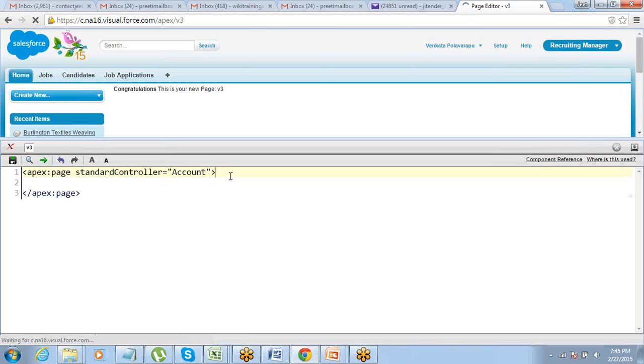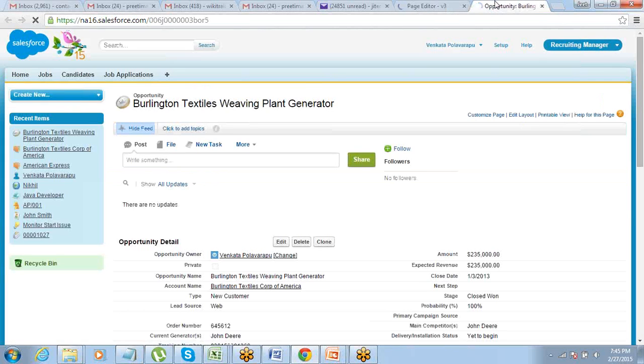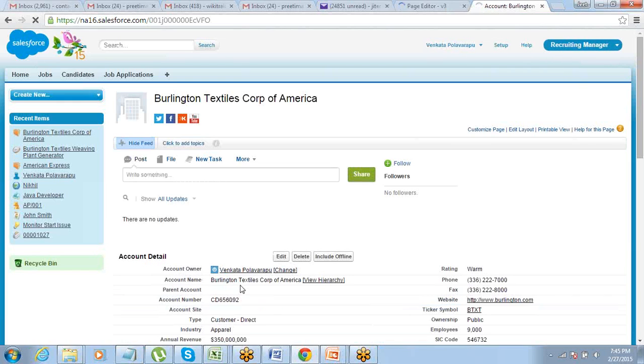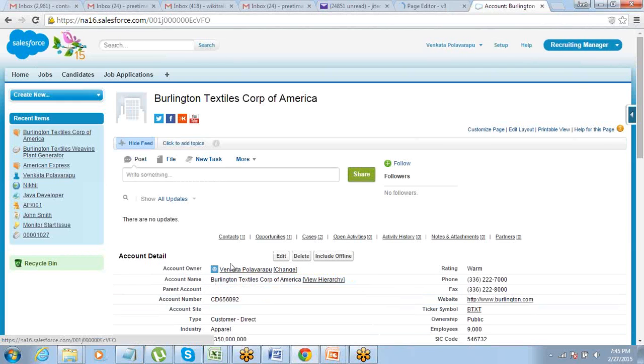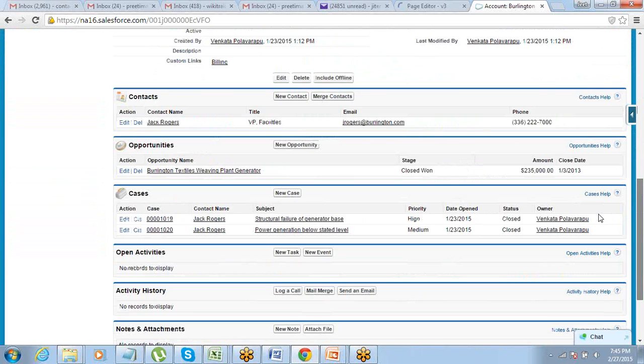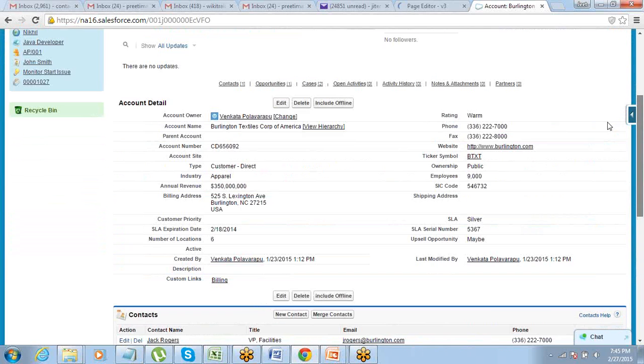A detail component is used for bringing in details of a record. Details of a record means all the details of a record. So that's a detail component. This is the account. A detail component will bring in all the details of this record on the Visualforce page. All the details, whatever you see here. Everything. So if you want to take all these things to your Visualforce page,